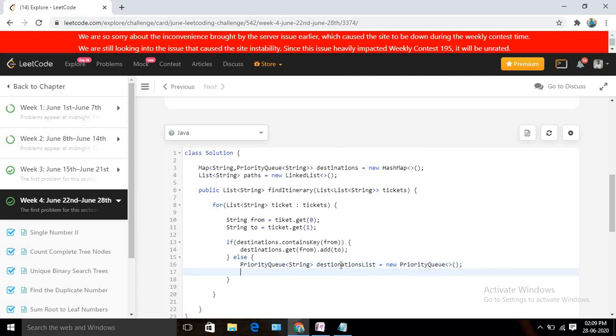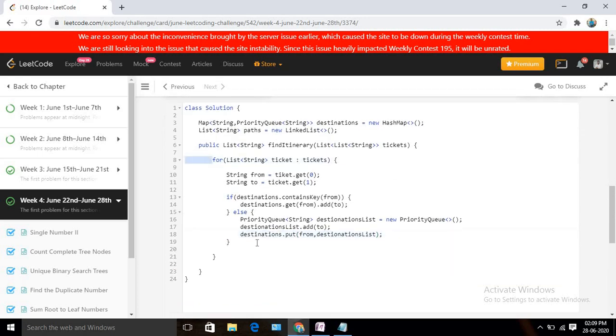So I am going to create another priority queue, and add my destination for the first time. Whenever I am done with that, I am going to put the same in our destination map. So destinations dot put, my from value as the key, and this new adjacency list as the value. Yeah, this section of code will populate my adjacency list.